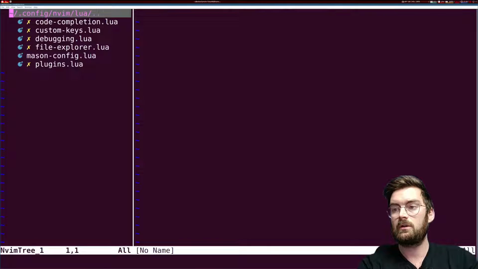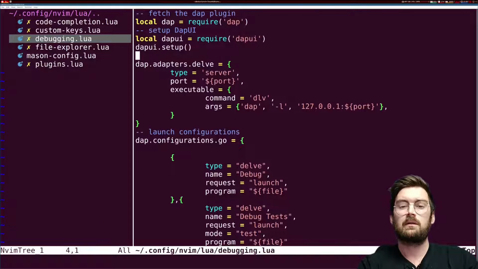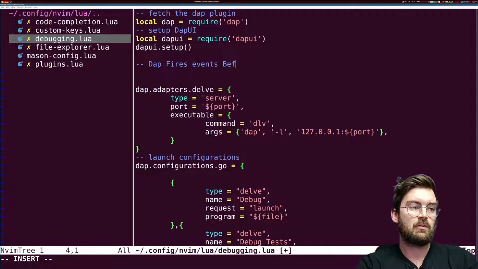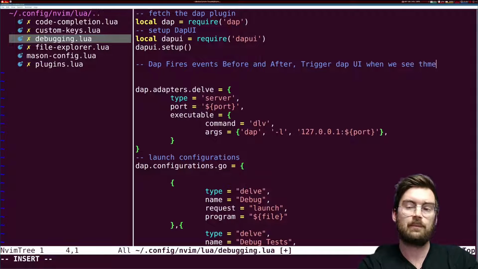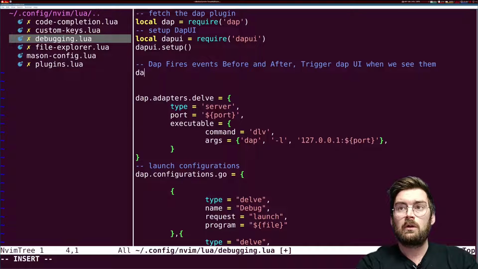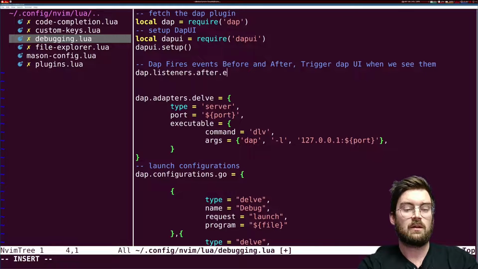So let's open up Nvim and the debugging file, and I'm going to add my event listeners here because they're related to the debugging. Dap fires events before and after. Trigger dapui when we see them. That should be clear, right? So to do this, we specify the plugin and we access the listeners, and then the name of the event. In this case, it's going to be after. And then the event